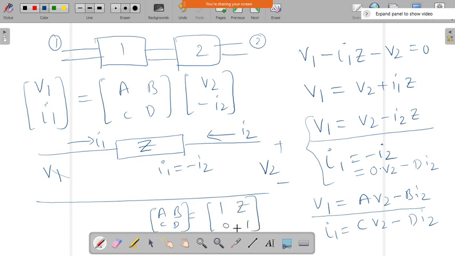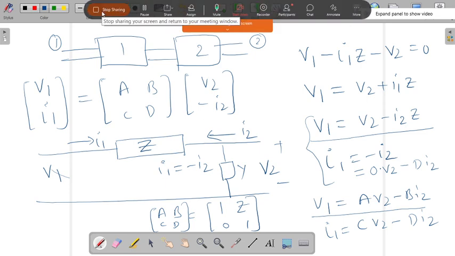Similarly we can have the ABCD parameters for cascaded networks and many other networks. Even we can calculate for Y. In terms of Z, if you write in terms of Y, we can write easily what the ABCD parameters of that are. So this is about the low frequency parameters, which will be useful to find out the parameters for the two-port network characterization. We will stop here and continue with the high frequency parameters in the next class.